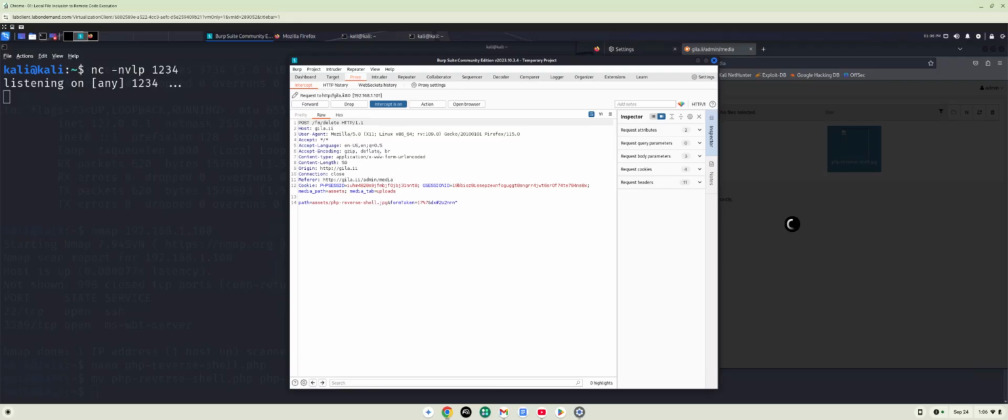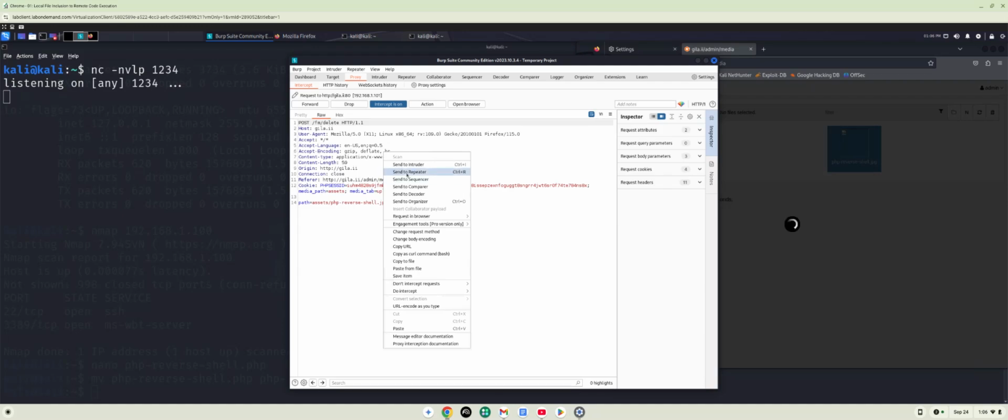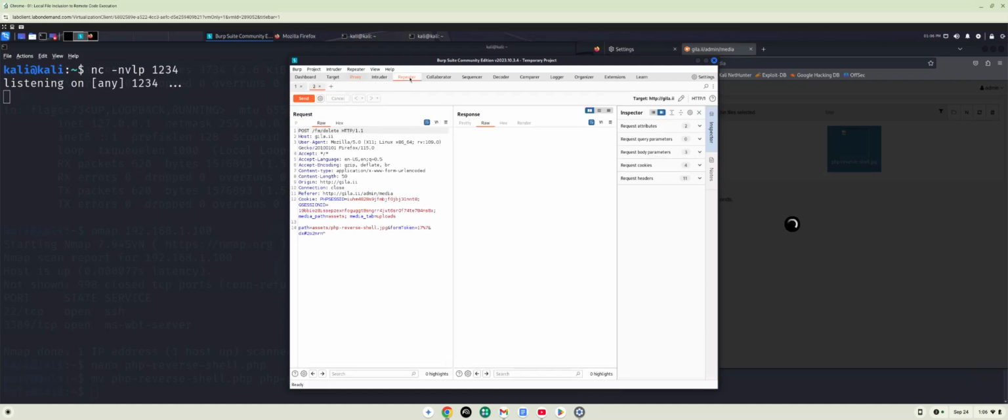So we would then manipulate this. We would send this to the repeater, and then we would manipulate this to tell it exactly what folder we wanted to pull from and execute from, which is where our JPEG file now is. We would execute that from here, and then because of that execution, netcat would launch that web session for us. But again,